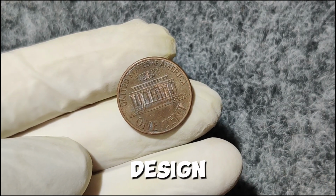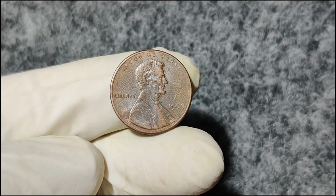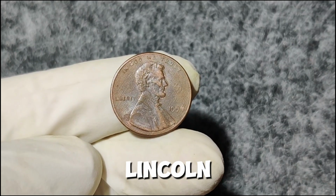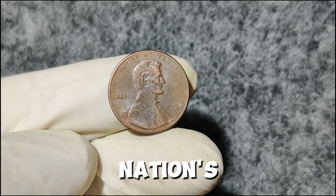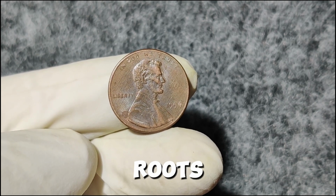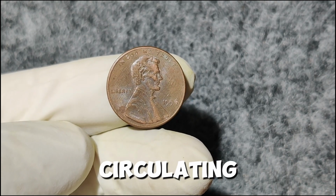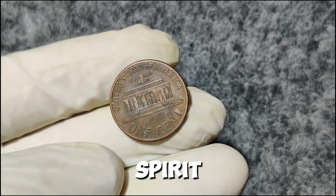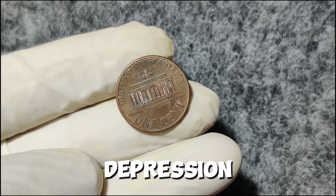But the most famous design, the Lincoln wheat penny, arrived in 1909. Designed by Victor David Brenner, this coin featured Abraham Lincoln on the obverse and 2 stalks of wheat on the reverse, a symbol of the nation's strength and its agrarian roots. The wheat penny became a staple of American currency, circulating until 1958. It was a symbol of the American spirit, seeing Americans through 2 world wars, the Great Depression, and the rise